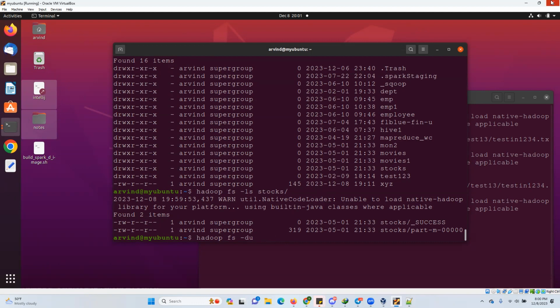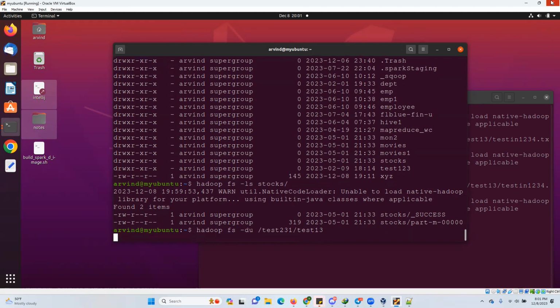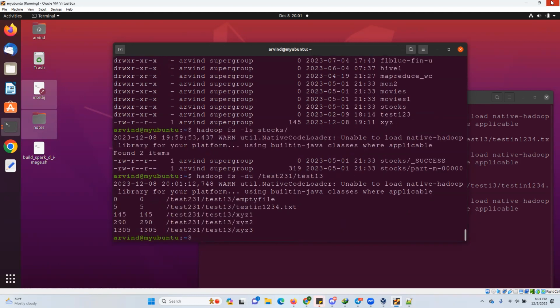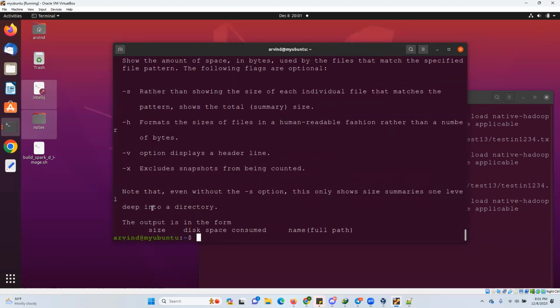Suppose I say du and I give a path, some path. So let's try test231, test13. Okay, what will it be doing? Can you see here in test231, whatever files and directories, it is showing me the path, right? It's showing me the size and count. Okay, so if I check hadoop fs minus, okay, du. So it is saying here